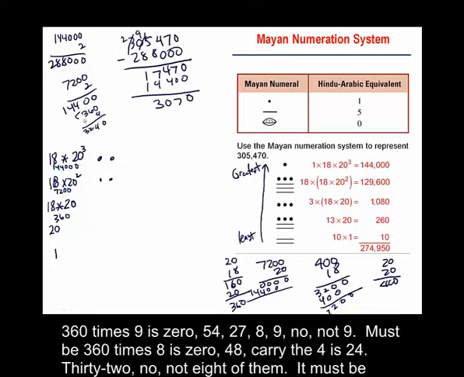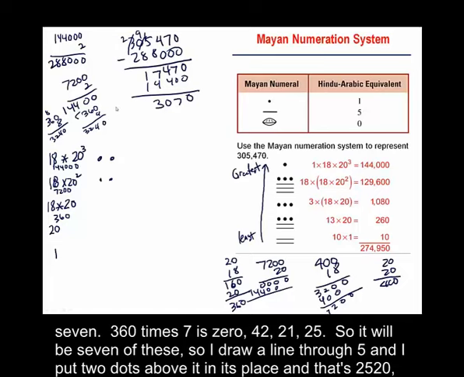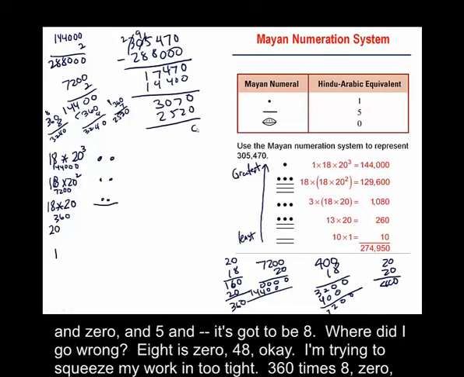No, not 9. Must be 360 times 8 is 0, 48. Carry the 4. 24, 32. Nope, not 8 of them. Must be 7. 360 times 7 is 0, 42, 21, 25. So there'll be 7 of these. So I draw a line for 5 and I put two dots above it in this place. And that's 25, 20, and 0, and 5, and